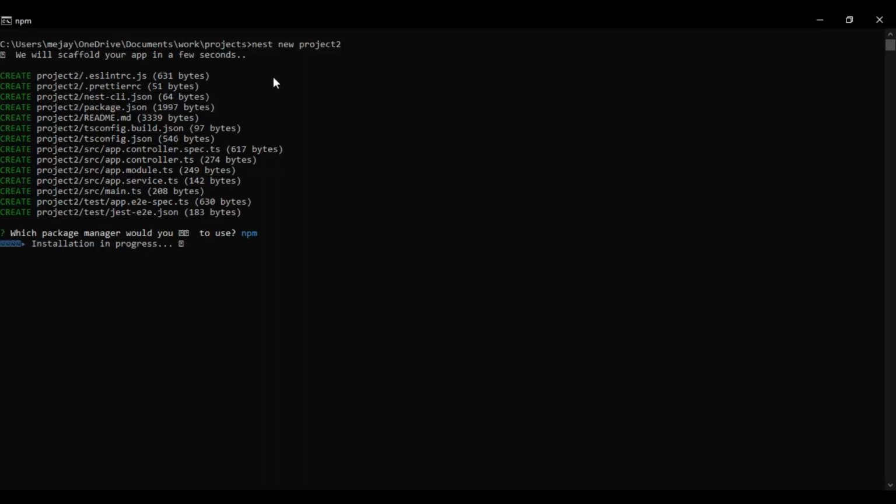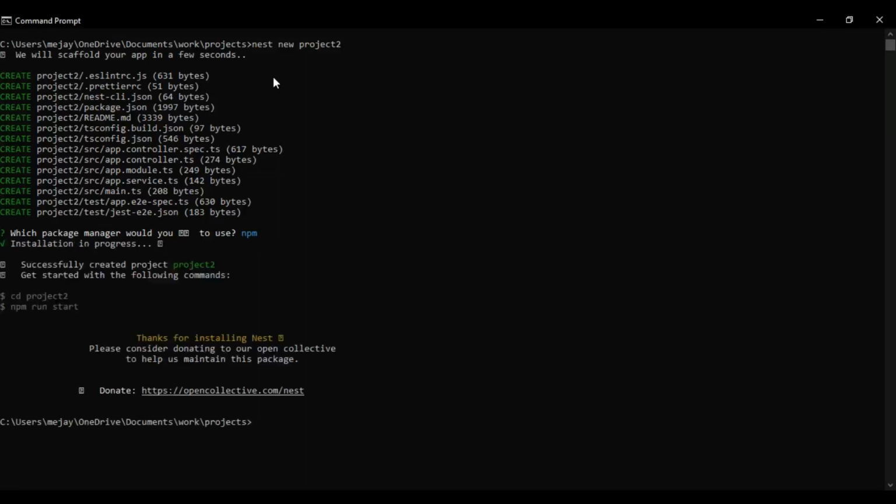So it will be easy to understand this structure, and you can relate this structure and code with Angular, and you can also generate your own controllers, modules, providers, everything in Nest.js. So this supports TypeScript, and while building, it converts that TypeScript into JavaScript, and then it provides it to Node.js to compile and run. So now you can see installation is completed.